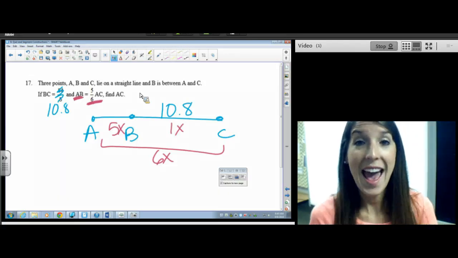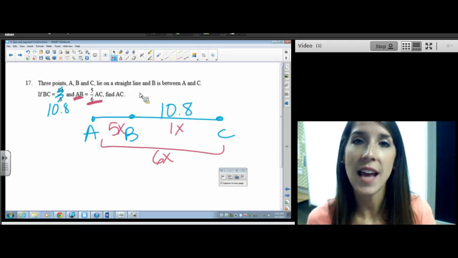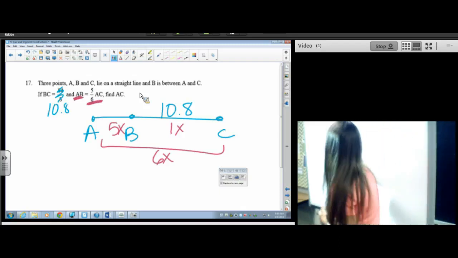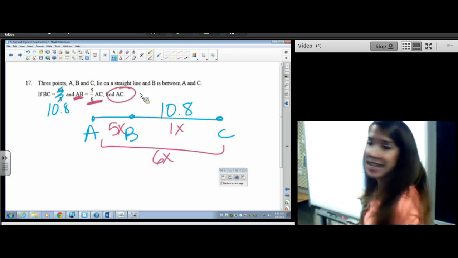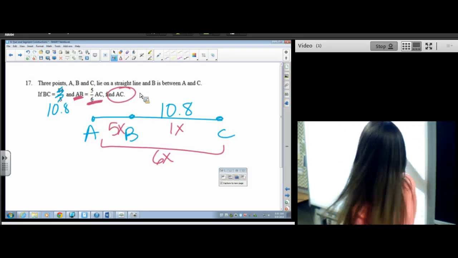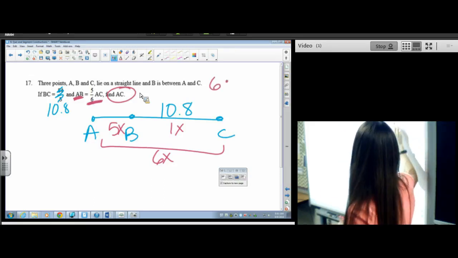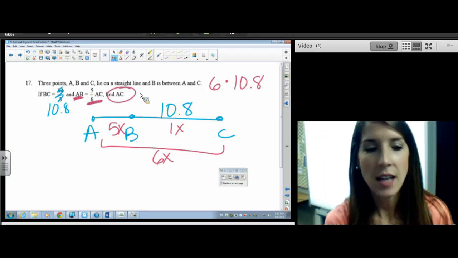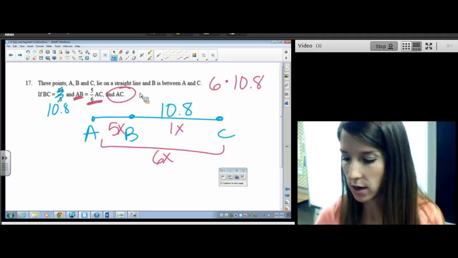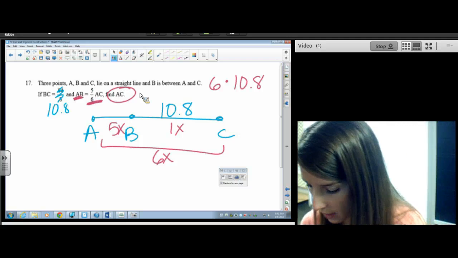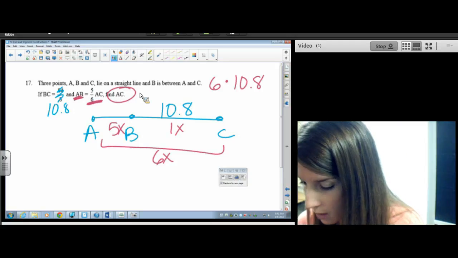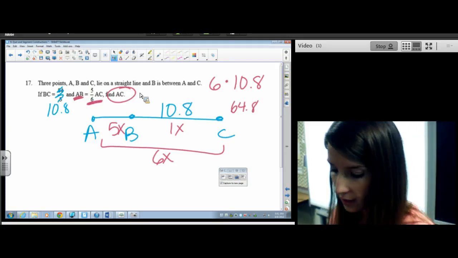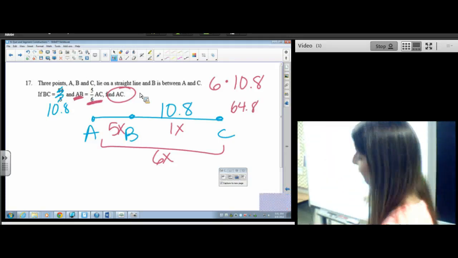So that means X, 1 piece, is worth 10.8 units. I want to know how long the whole thing is. That is 6 pieces. The whole thing is 6 pieces. So I take 6 and I multiply it by how much 1 piece is. 6 times X, 6 times 10.8. And that's how you get your answer on that one. So the answer was either 64.8, or on your calculator you can do math, enter, enter, and the fraction is